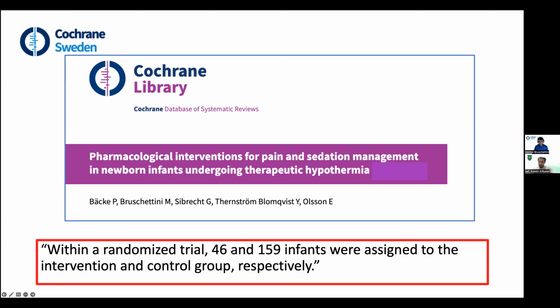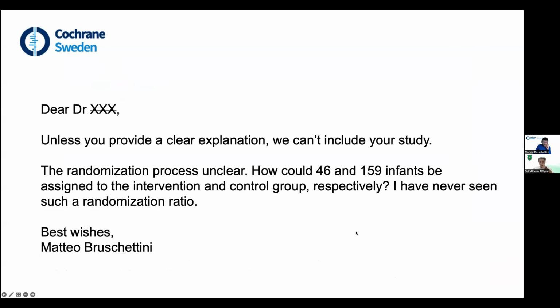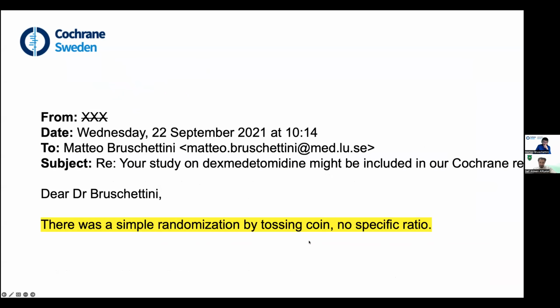It's not 1 to 2, it's not 1 to 3, it's not 1 to 4. So we became curious, we authored this Cochrane review. That's why I sent an email to the author of this published study. So this was my email, asking for explanation, a bit critical perhaps, and this was the reply from the author of the study,